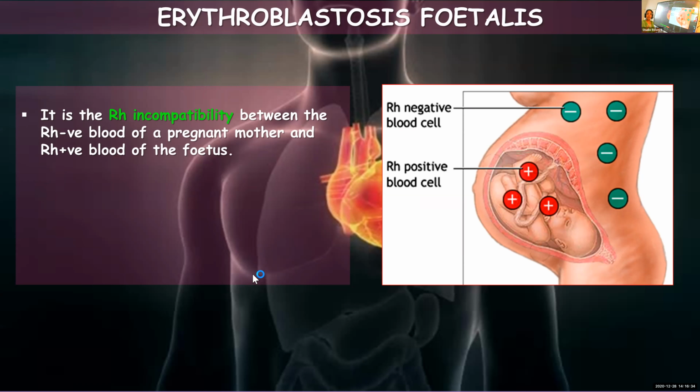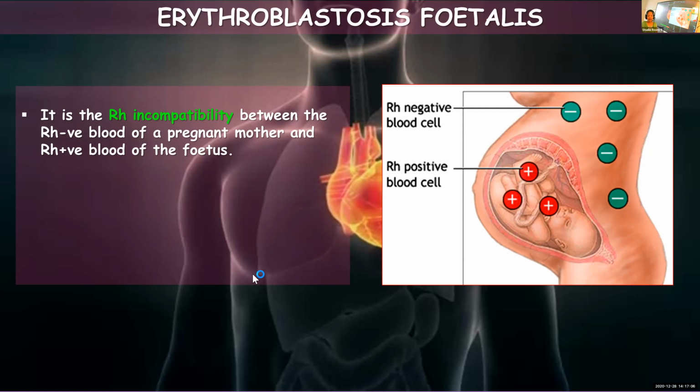what happens in response? Because in the mother's blood the Rh factor is not there, when the Rh positive blood of the baby gets mixed up with the mother's blood, the blood will start producing antibodies against the Rh factor. Since delivery is completed, it won't affect the child. But these antibodies will remain in the blood of the mother. And in the next pregnancy,